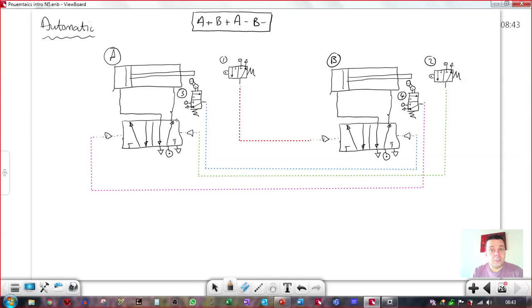And again, the problem could say A has to outstroke slowly. So that's speed control for A. So that's these two hoses. It's to outstroke slowly, so that's a unidirectional flow restrictor on that one, on the in-stroke port, on the in-stroke hose. Or you could say that